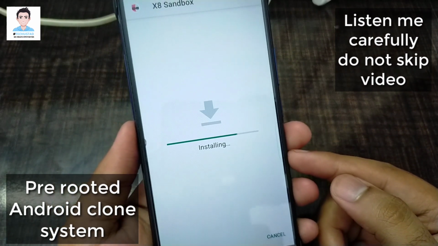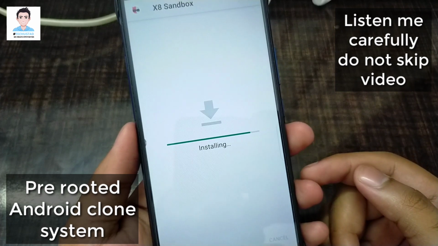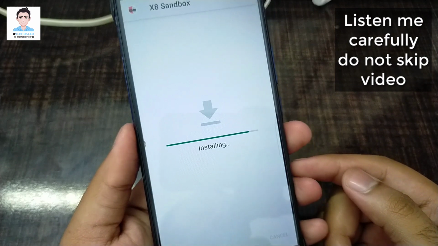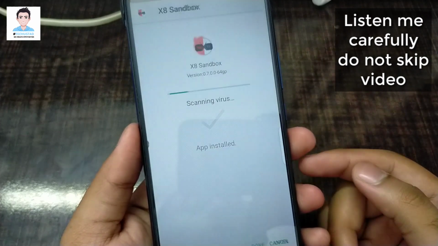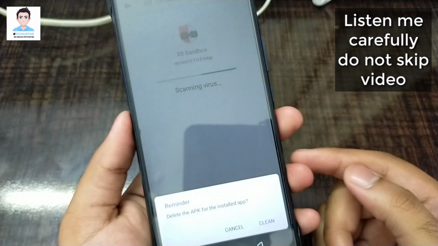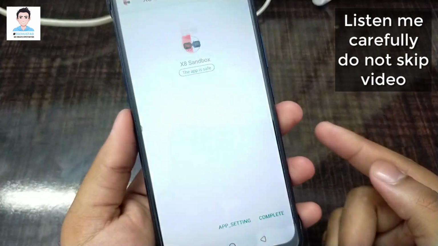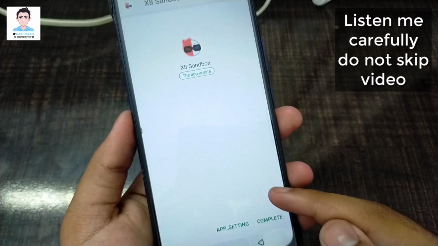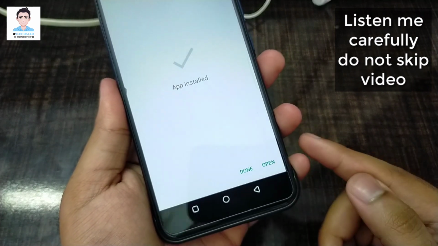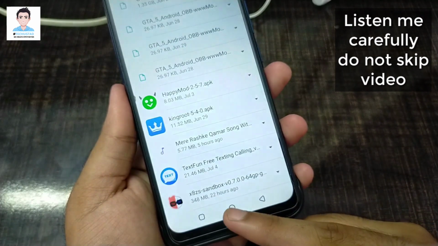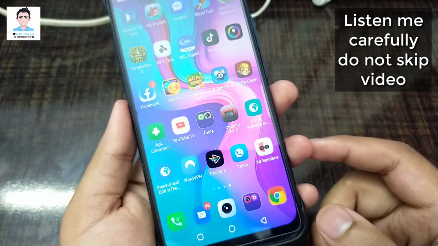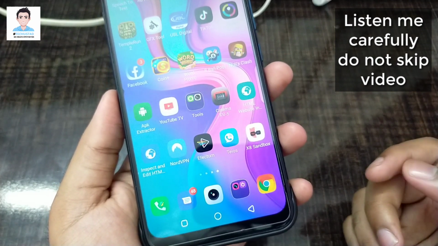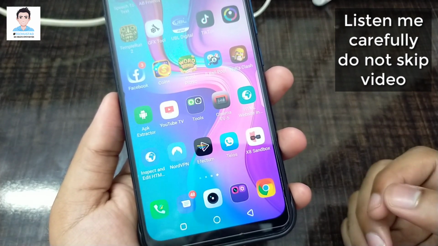And virtual means anything which can be seen but which cannot be touched is virtual. So this application will give you root access virtually. You can run all applications, and the download link is in description. Its APK file size is 350 MBs and you need 350 more MBs to install this application. After installation you can delete the APK file to free up your internal storage, and you need 500 more MBs to make this application work smoothly. In total you need about 1 GB of free space in your internal storage for installation and to make this